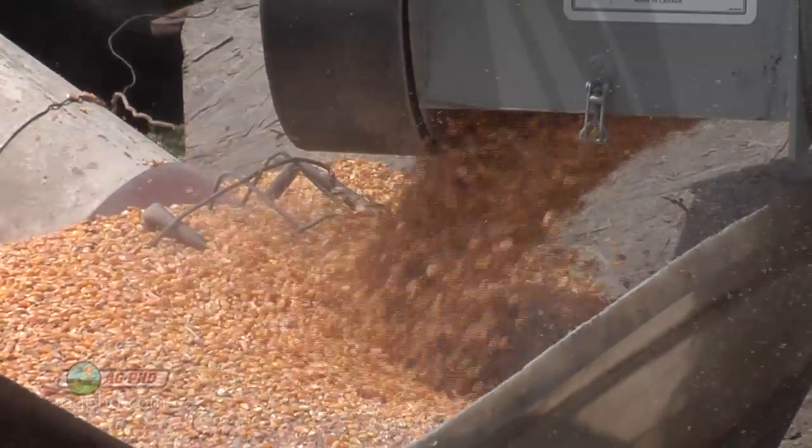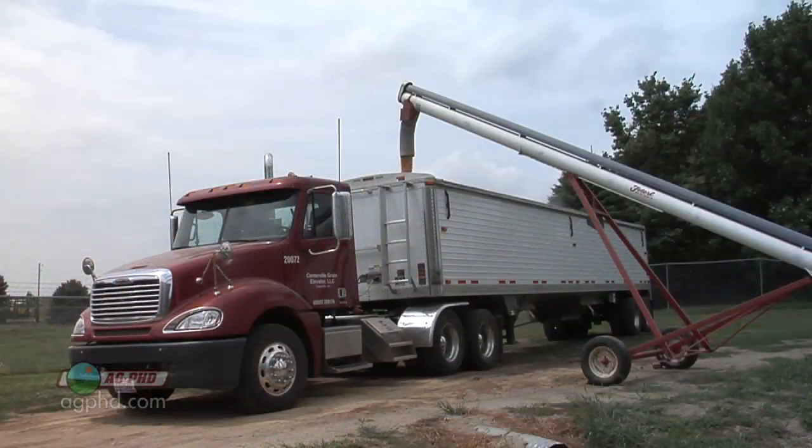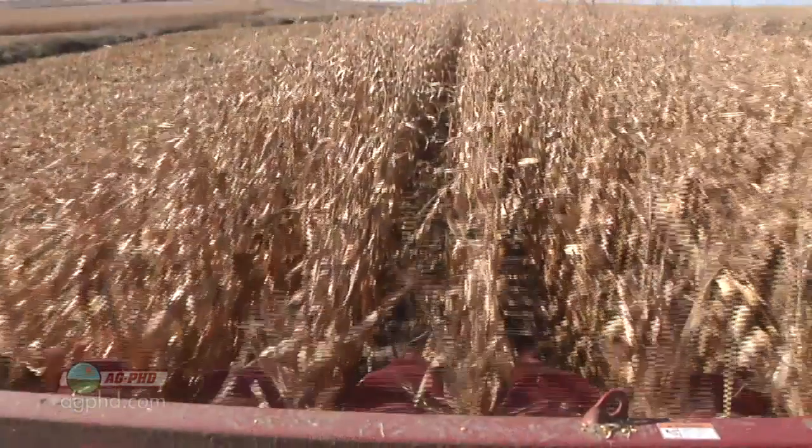So I'm only going to pile it out there for maybe a few weeks at the most, and I'm going to pick it right back up and haul it in. Now, you can say, well, that seems like a lot of extra work, and it certainly is a lot of extra work cleaning that pile back up and hauling it all back in, but it could still save a farmer